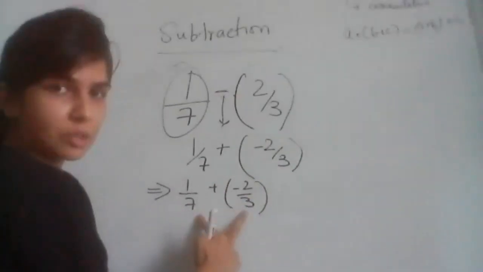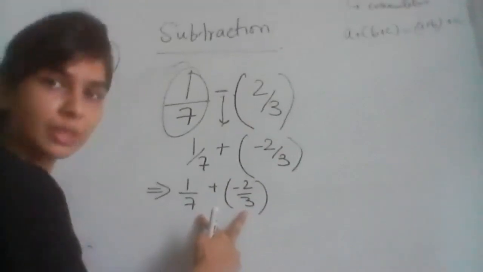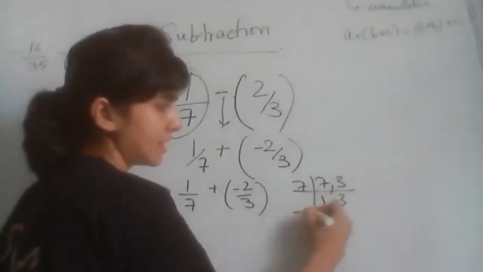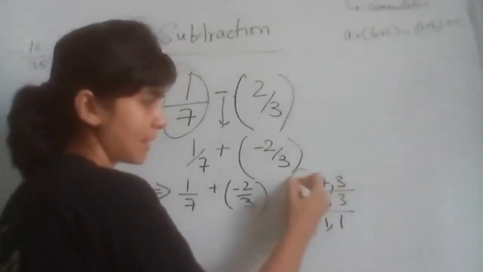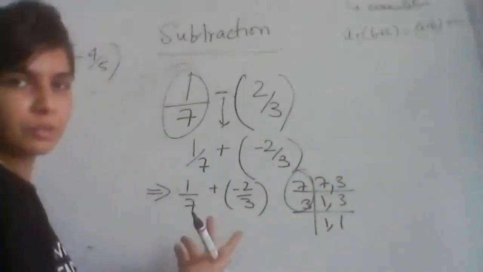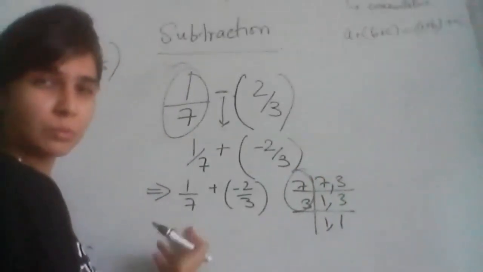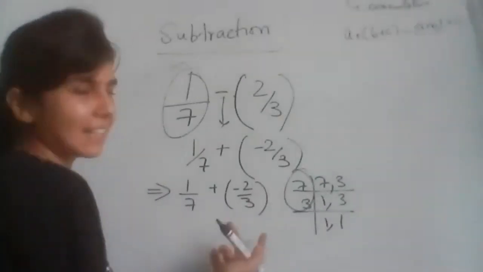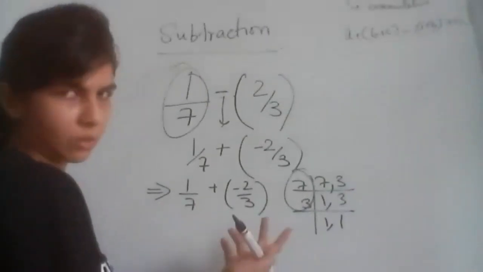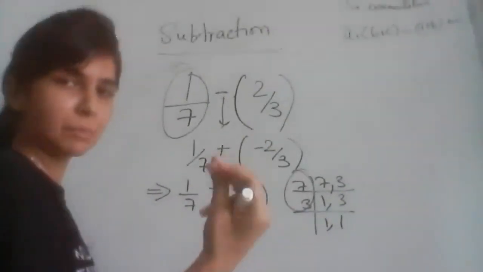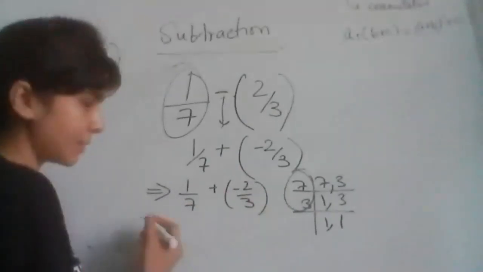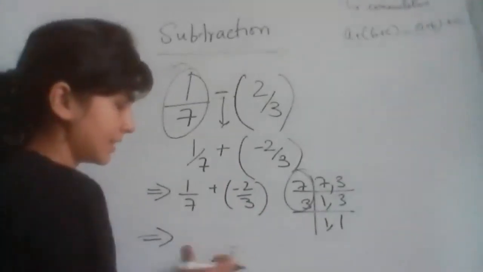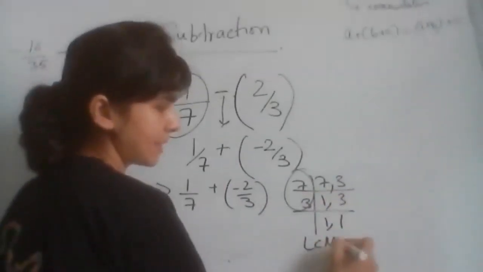Now, you see the denominators are different. So you take the LCM of 7 and 3. What is the LCM of 7 comma 3? 7 ones are 7, 3 ones are 3, so my LCM is 21. And how can you check the LCM? You can see it directly because both are prime numbers, 7 and 3. If your denominators are prime numbers, you can directly multiply the denominators. That is another way of finding the LCM quickly. So 7 into 3, 7 threes are 21. So you will have 21 here. Now 21 is my LCM.